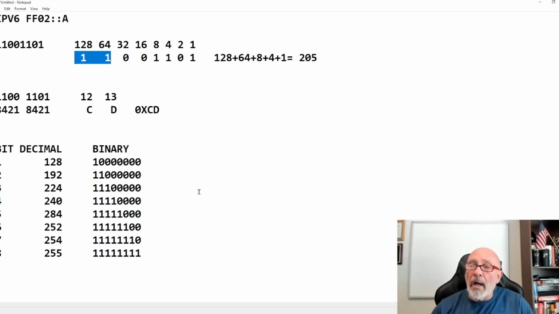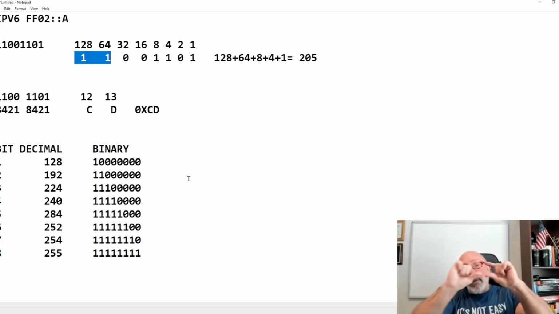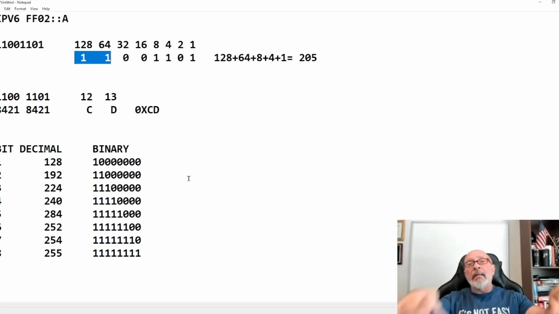It used to be the case where they gave you an IP address in binary, and you needed to say which of the following. They'll give you in the question a binary number, and then in the answers it was the dotted decimal format.